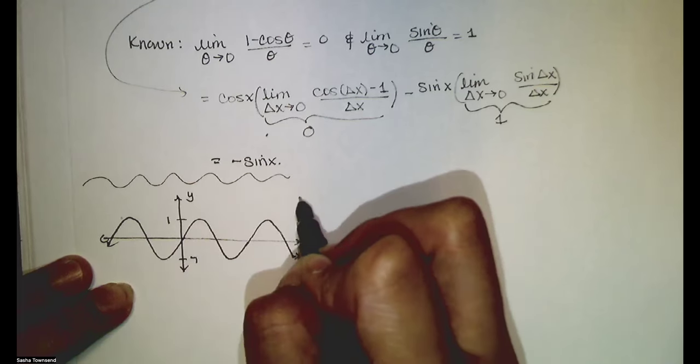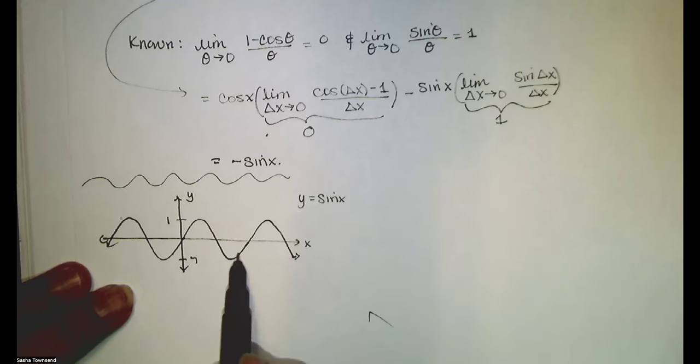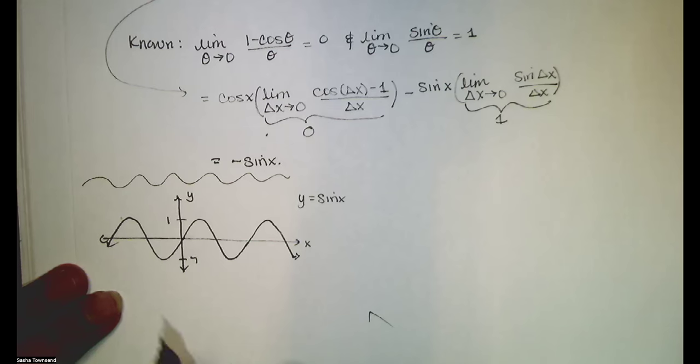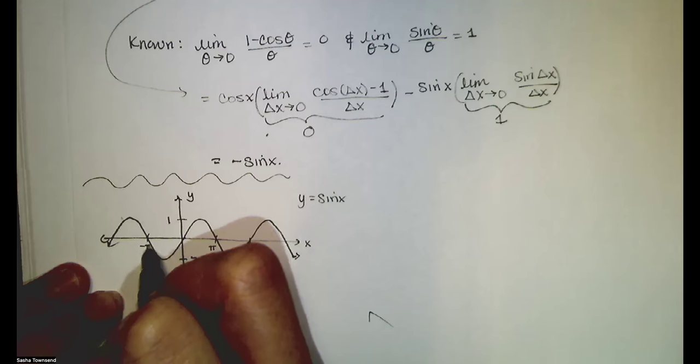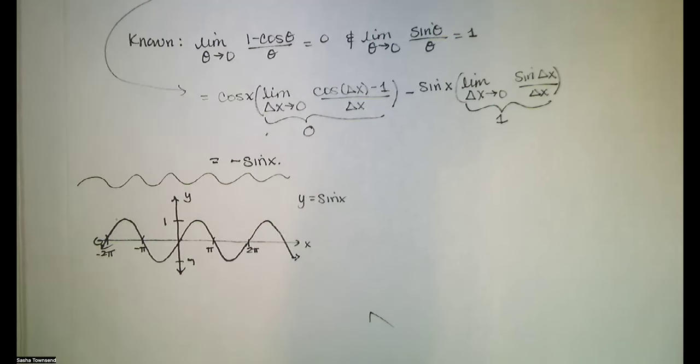This is a graph of y equals sine of x, at least for a couple of periods. I've got one period here, a second period there, and then a half of a period there. Maybe a little bit more than half of a period there. This is pi, this is 2 pi. This is negative pi, that's negative 2 pi. And if I want to graph the derivative,